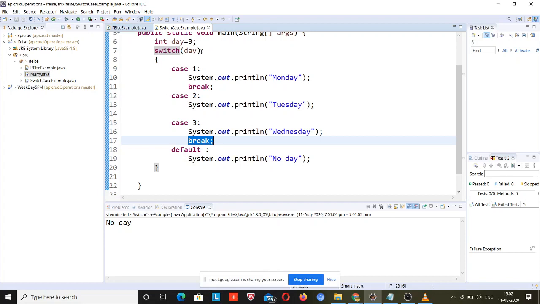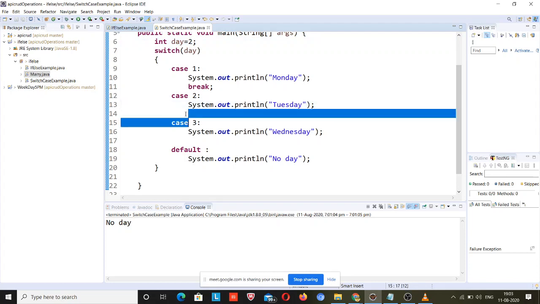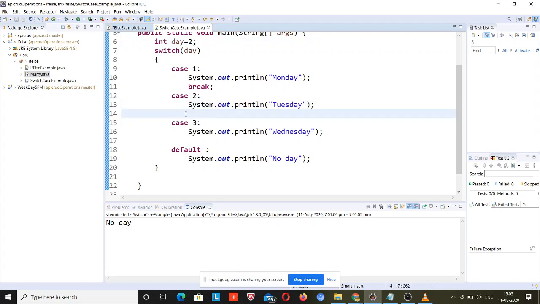What if there is 2? If 2 is there and in 3 there is no break, it will first jump directly into case 2. It will print Tuesday, but it will not find any break, so execution will go on.